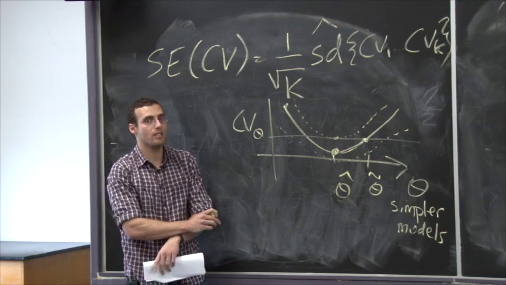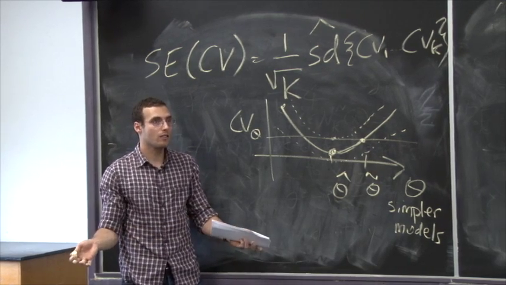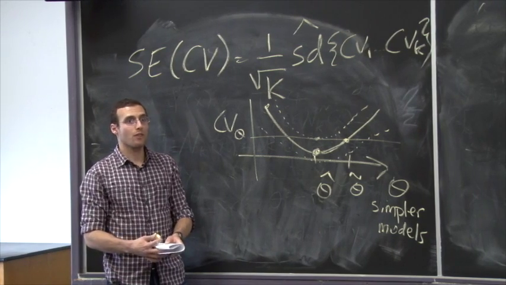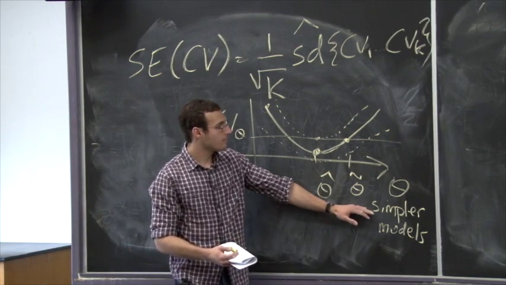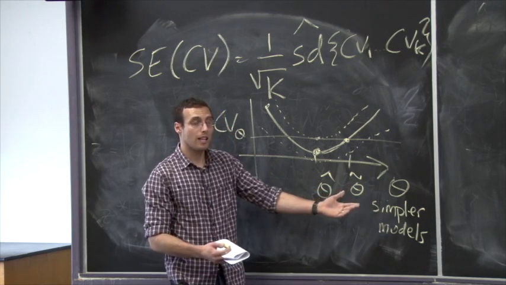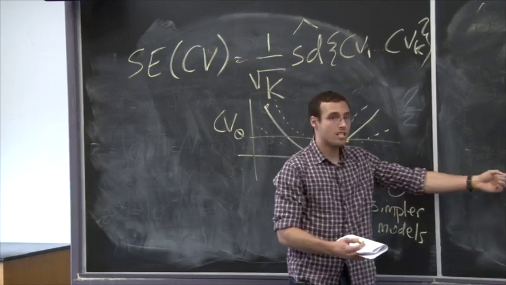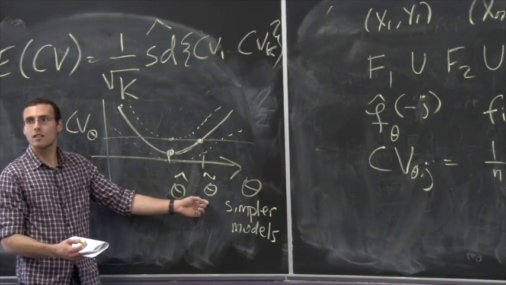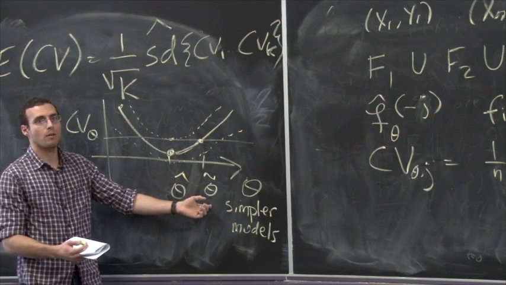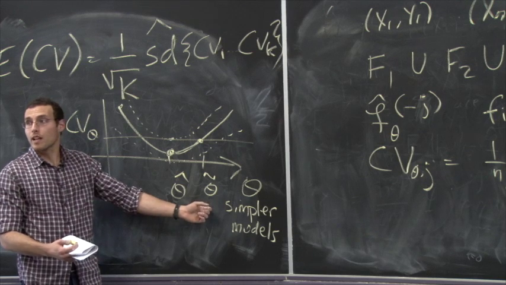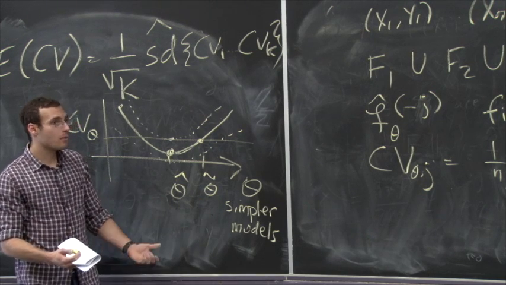Okay, it's pretty heuristic. Why one standard error and not two standard errors? And why not 1.5 standard errors? I don't have a good answer for any of those questions. I don't think it's really even known what this is doing at a population level. At the population level, cross-validation is estimating the test error. What is this estimating? It's not really clear what this is minimizing at a population level. All that aside, it works really well in practice. It can work really, really well in practice. So people use it,